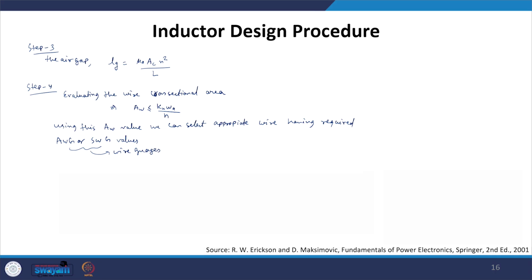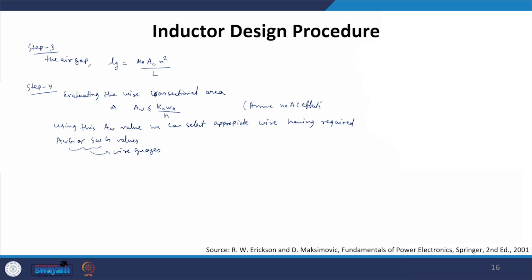Again, here we have not considered the AC effects like skin and proximity effect, because we have assumed that the ripple in the inductor is very minimal, and that is when the effect of the AC resistance in the losses is minimal. So, here we have not considered any AC effects, assuming no AC effects.